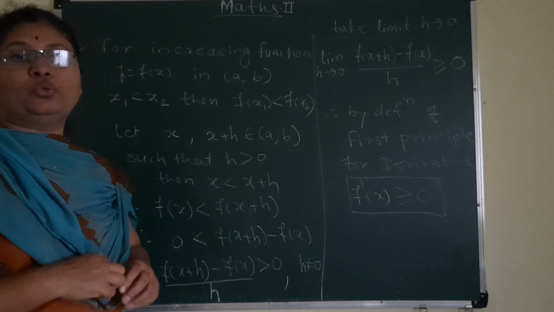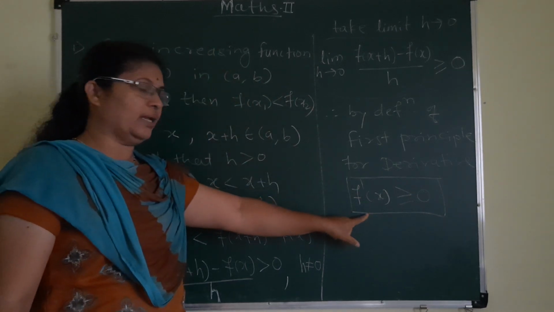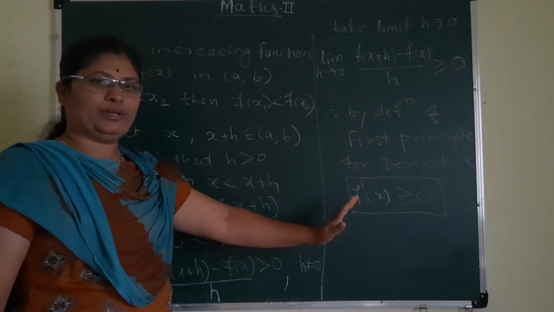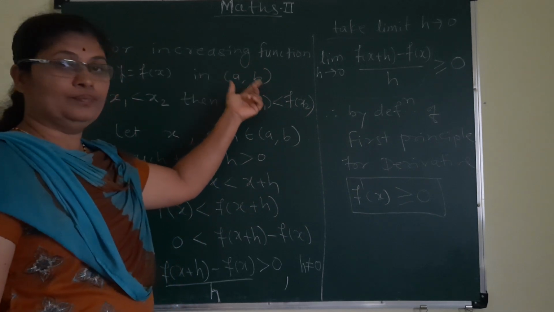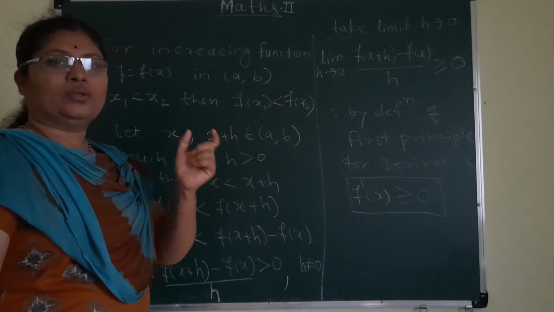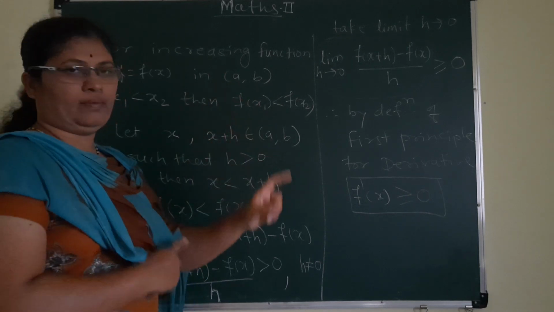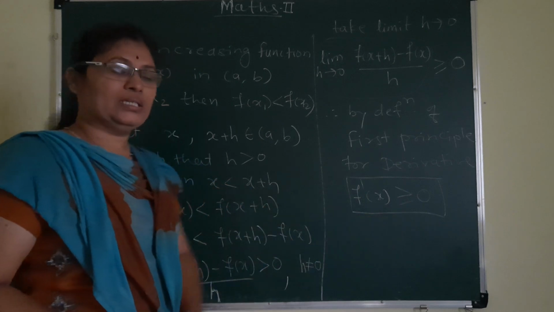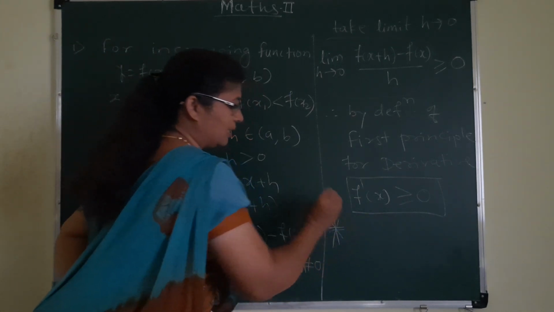Means what will you do? We will find the derivative of that function, f dash of x. If that derivative is greater than 0 for that required interval, then we will say that the function is increasing in that interval. Means what is the conclusion? The conclusion is